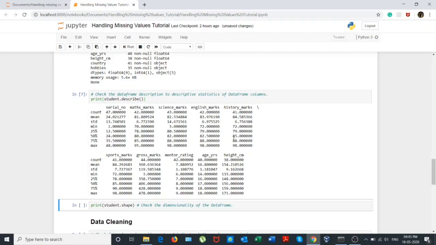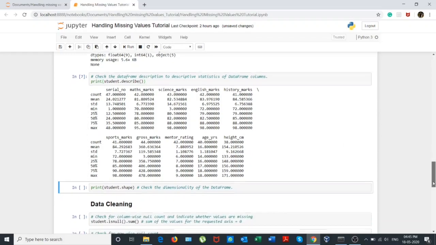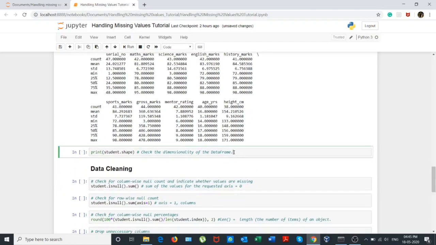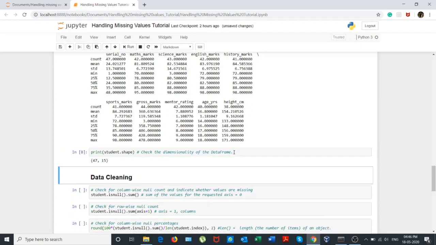So these are percentiles which we have provided. Now we will check the dimensionality of the data frame by using the .shape functionality of pandas, and we get the data dimensions of our data frame, which is 47 rows and 15 columns.